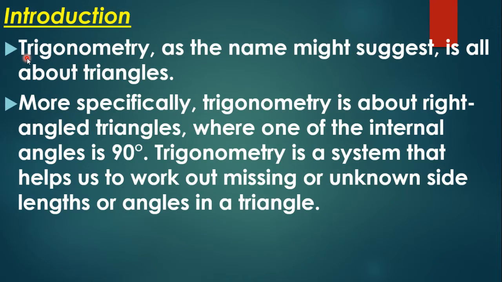find the missing side. Please remember, by using Pythagoras theorem, if two sides are given, you can find the missing side, that is the third side. But by using trigonometry, one angle is given, one side is given, then you can find the other sides. That's the beauty of this topic. Okay, so,